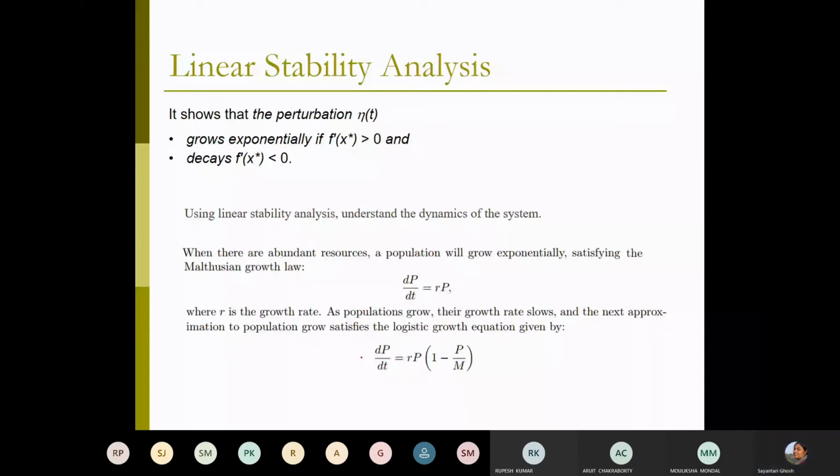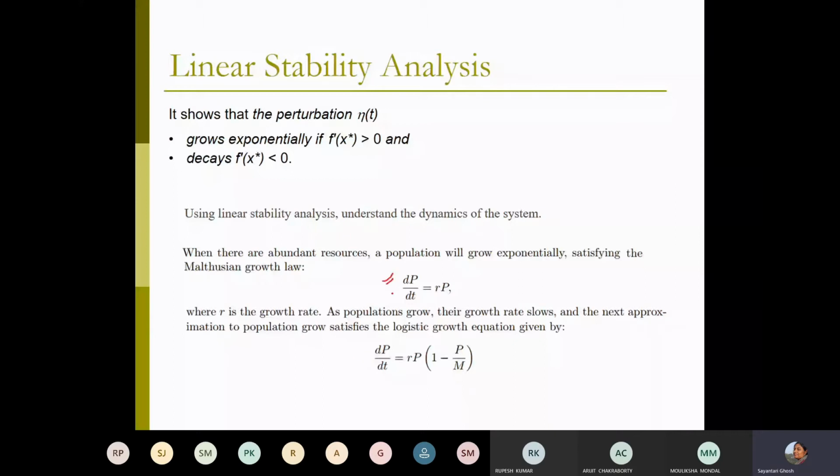This is basically applicable to bacteria growing in a petri dish, and we humans growing on the surface of this beautiful planet of ours, or fishes in a pond, and anything. This is like a population model. Wherever you see how a population grows, this is kind of the equation. And interestingly, you can see the first equation that we have here, dp dt. Let me just make you understand what this means.